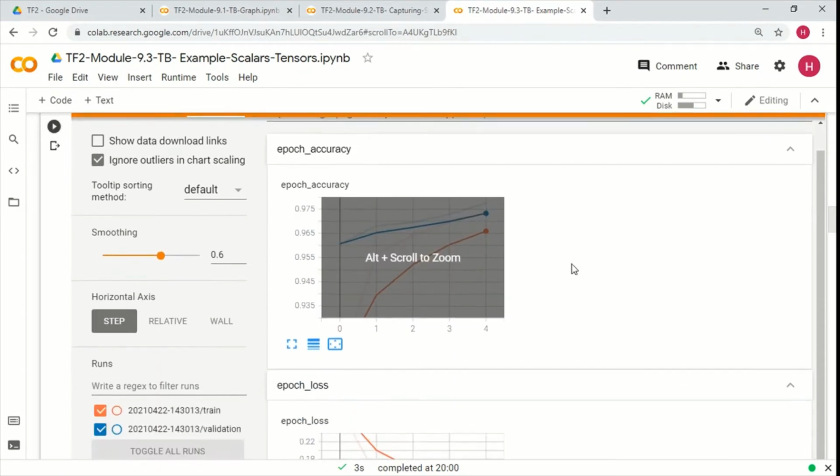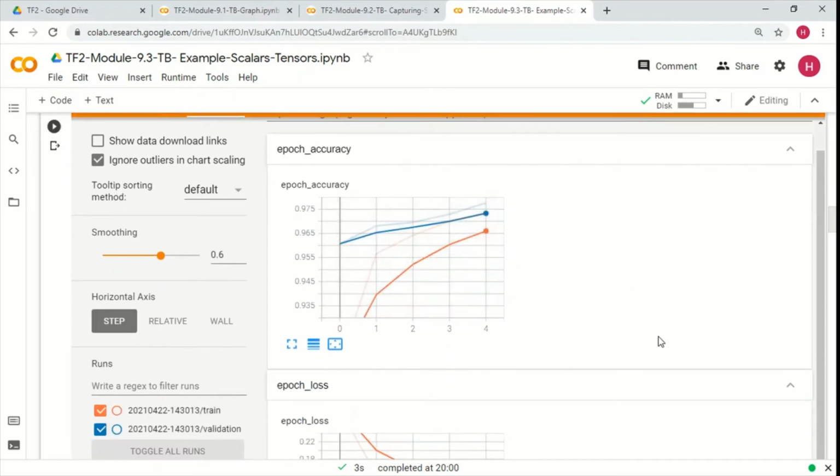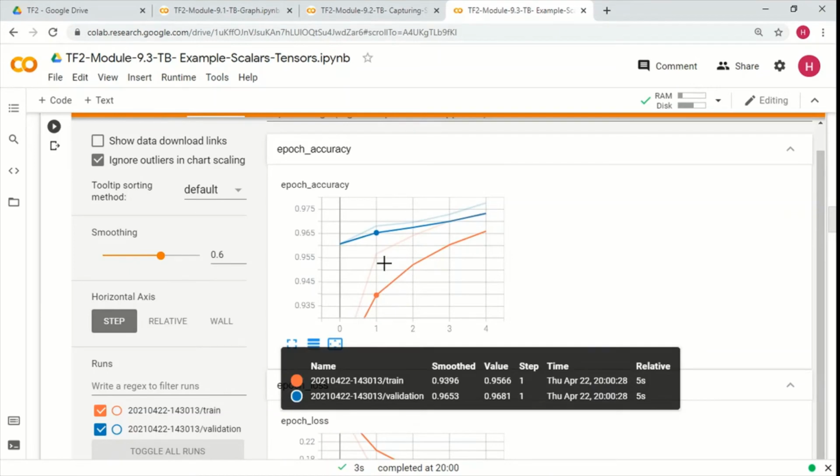So there we go. As you can see, the blue line is the validation accuracy, and the red line is the training accuracy. Slightly interesting thing here is that the validation accuracy is more than the training accuracy.